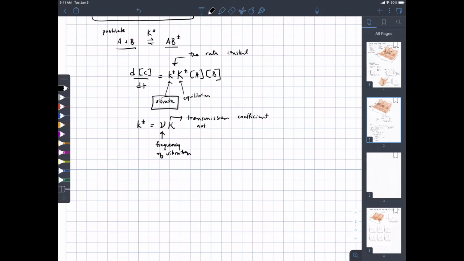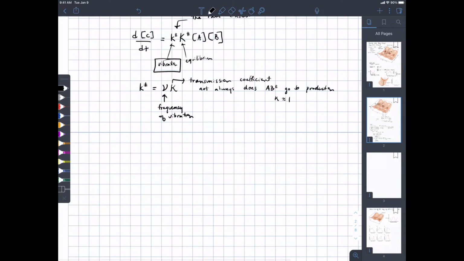So not always does the activated complex go to product, because the vibration can take you in either direction. So it'll have values between 0 and 1. We're going to assume for the most part that kappa is pretty close to 1. Now, what about that